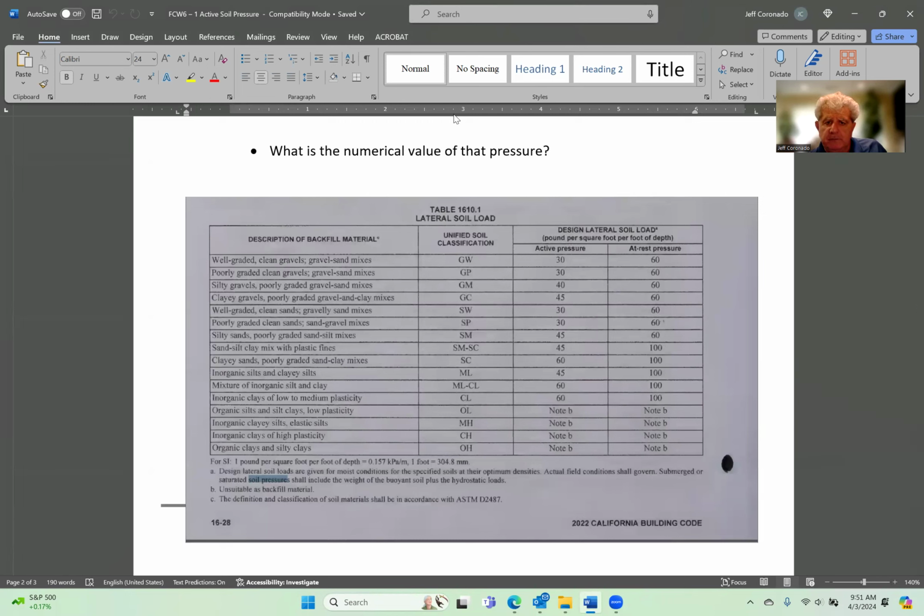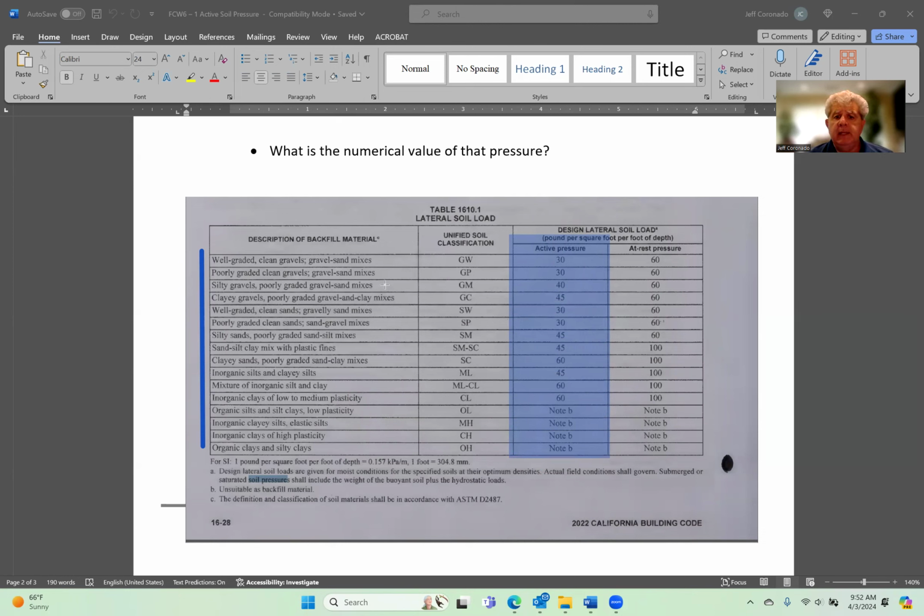Okay, so it looks to me like the kind of soil we have is going to dictate what the active pressure is. Well, Jiminy Crickets, I don't know about you, but I have no clue what all these soils are, right? So that puts us in a bit of a pickle. Either we can get a soils engineer to tell us what the soil is,